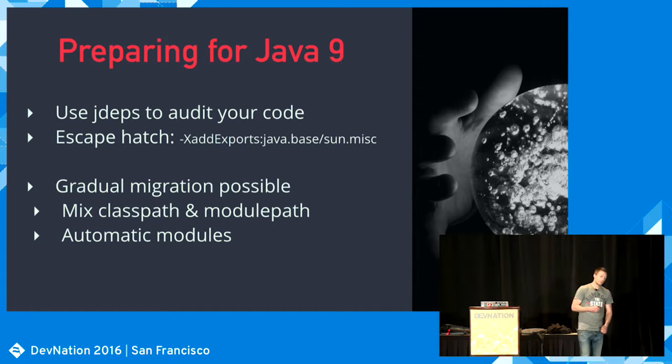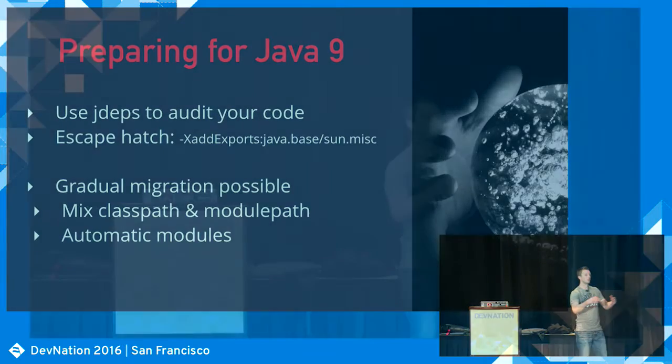But then more importantly, once we know about our application and we see that there's not really any big problems, how do we move our source code to this more modular world? Because we have seen that the class path in the end is just gone. So how do we deal with that? And for that there's a mechanism called automatic modules, which is the migration tool to take existing code and partially migrate it to modules until you're ready to migrate fully to modules.